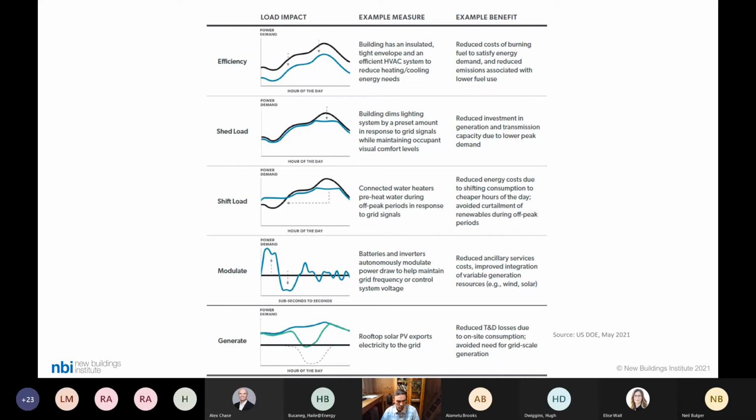So energy efficiency reduces power demand during all hours of the day. It's worth noting, this graphic shows efficiency reducing the demand equally during all the hours of the day. Not all efficiency measures do that. Their example measure is a tight envelope and a highly efficient HVAC system. That may actually have an outsized impact during those peak hours because relatively more of the building's demand is coming from HVAC during that time. So it does reduce usage during all hours of the day, but maybe not exactly equally,